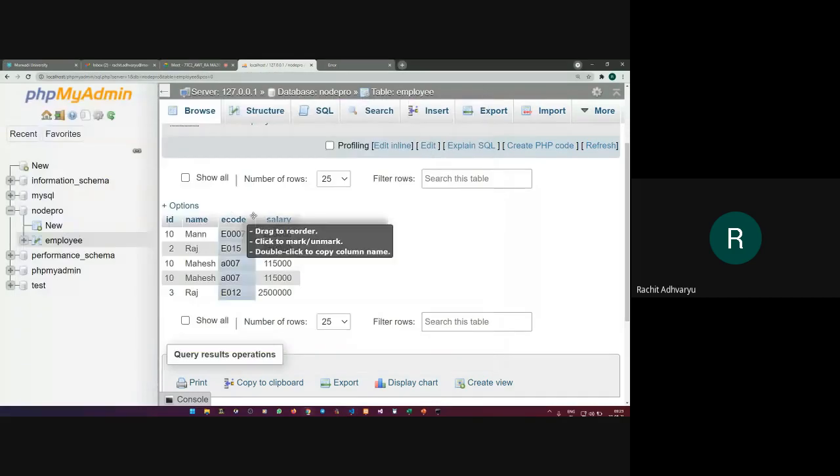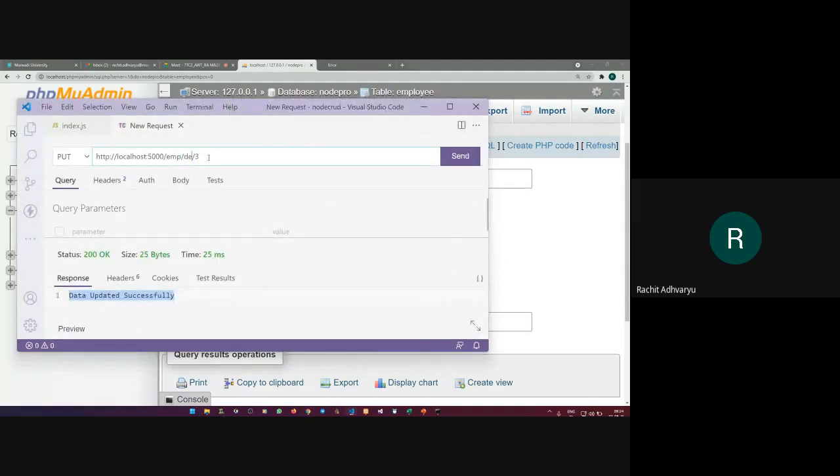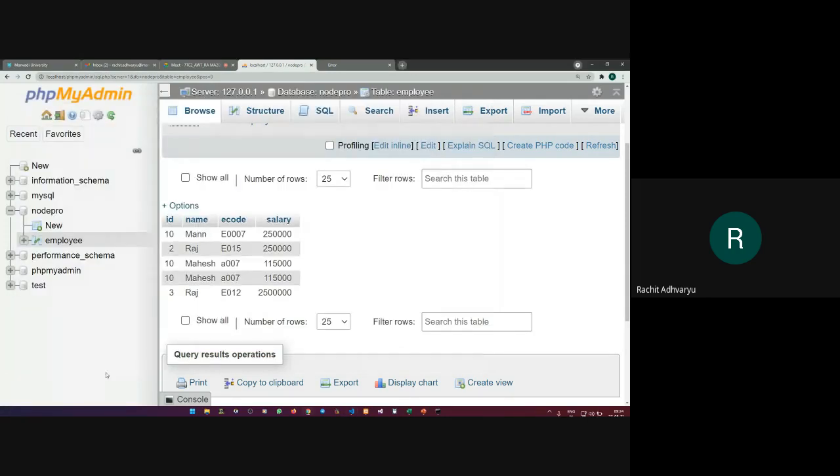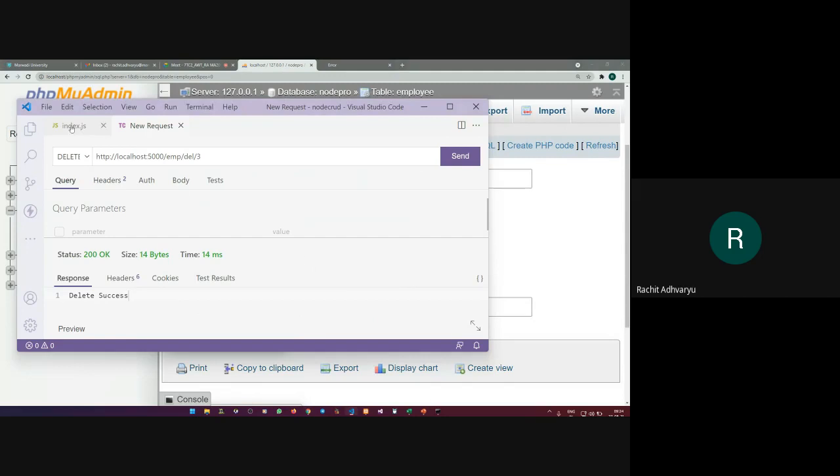What is the URL I need to use? empdel, and I want to delete the third ID row, right? The row that contains ID equals to 3, I want to delete it. So I'll use delete method. I click send. I got the message delete success. Let's refresh the phpMyAdmin, and the row has been removed. So this is your CRUD operation of Node actually, right?